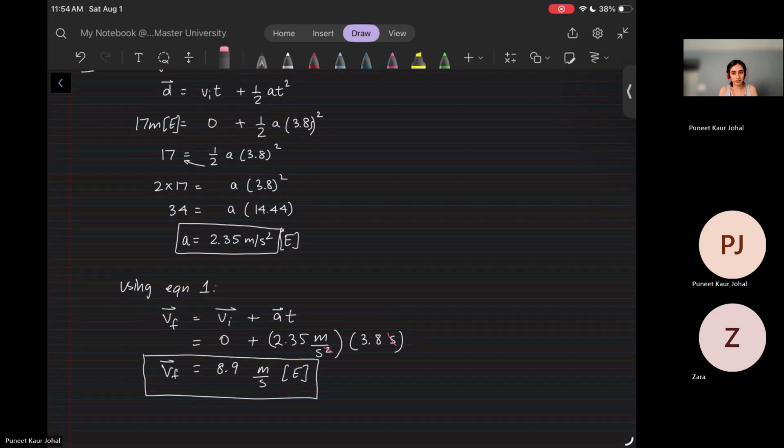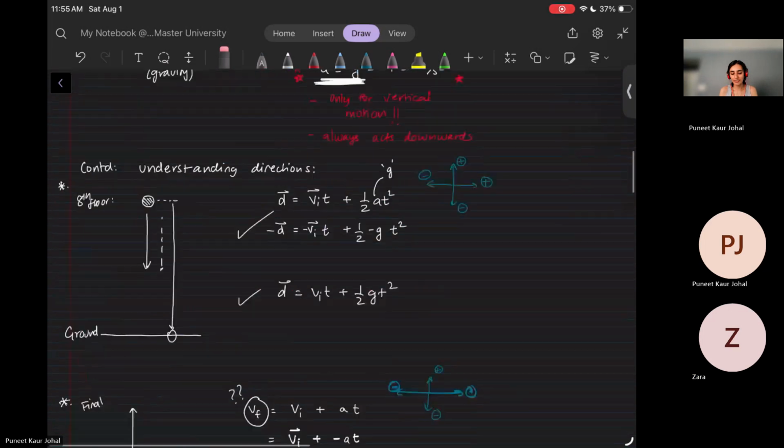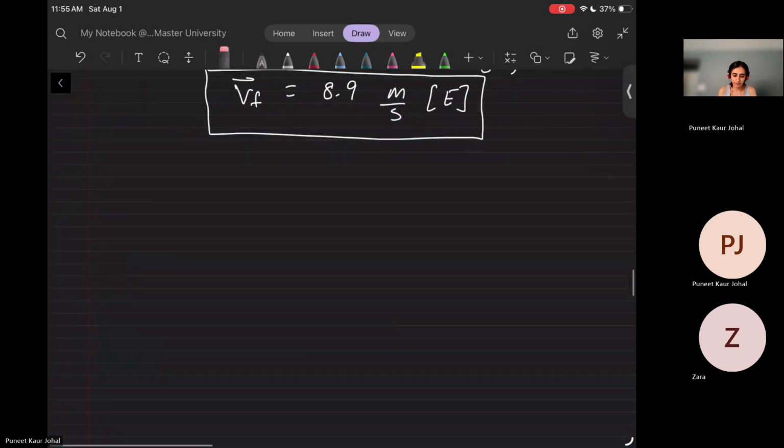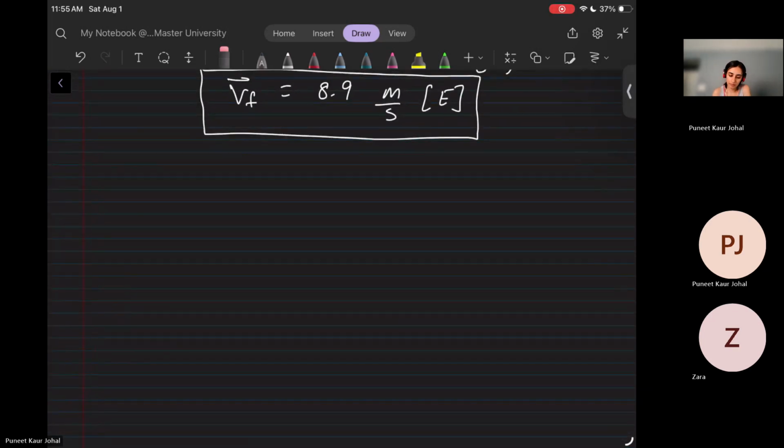Is this okay? Wait, what's a sig fig? Oh my gosh, yeah, I never taught you that. So when you start physics, they will probably start with... yeah, let's do sig figs. Or maybe let's just do that in the next class. Significant figures are,